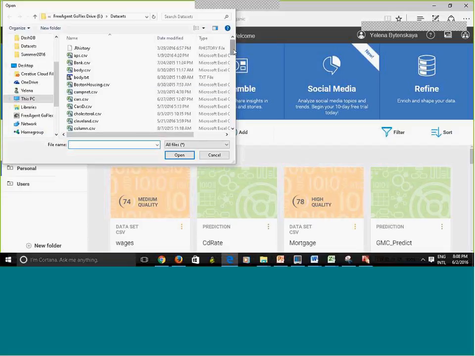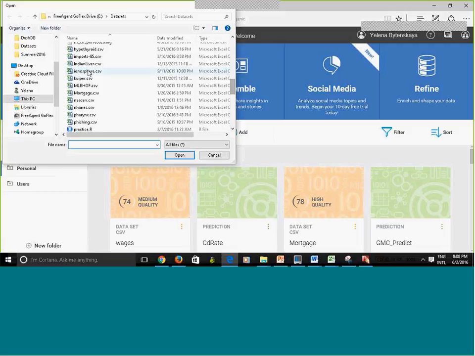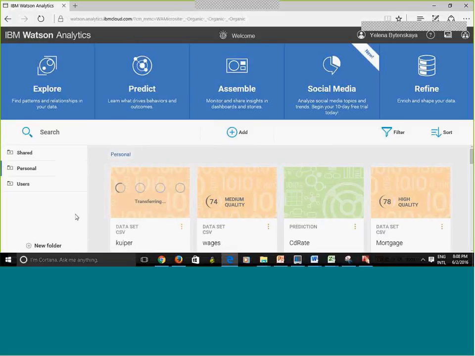So I'm going to find the data set that I want to use, a data set that stores car information, including the miles per gallon, the car's price, the car risk level, the number of doors, and so on. You see here the message says transferring. It means that my data is loaded.